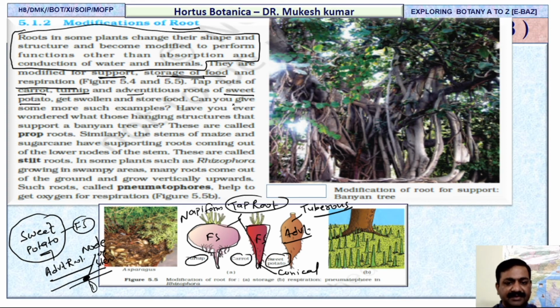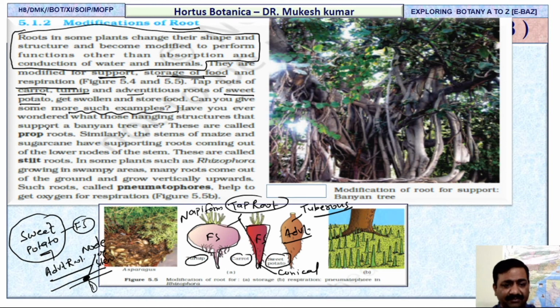Now further, can you give some more such examples? Yes, we have taken them in our previous slides. You see, we studied so many examples in root, taproot as well as adventitious root, right? Fusiform, remember. Tuberous again in taproot we studied. In Mirabilis jalapa, the four o'clock plant. So there are so many examples. I have taken these, so you can say this is also part of your NCERT. Other examples you must know.